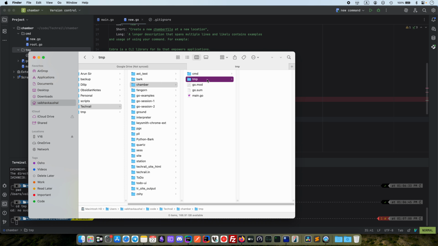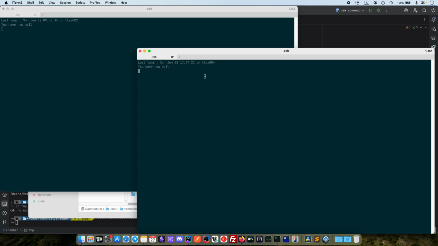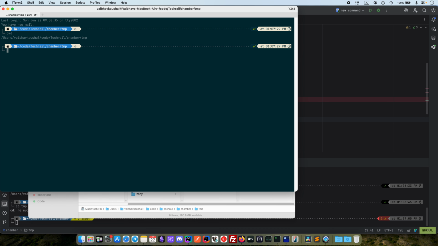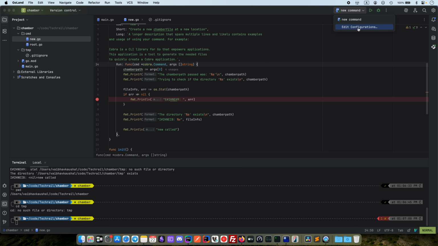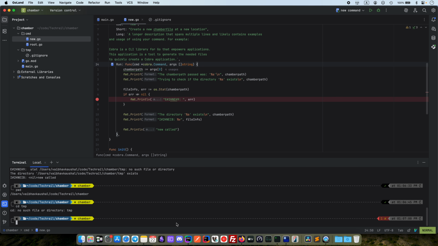Let's see if it exists. Yes, it exists. And quick actions. What? But oh, okay. iTerm2 tab here. Okay. Why did two open? And if I say pwd, this says this is the value. Let me see. New command, edit configuration, and I'm gonna just paste on top, and okay,